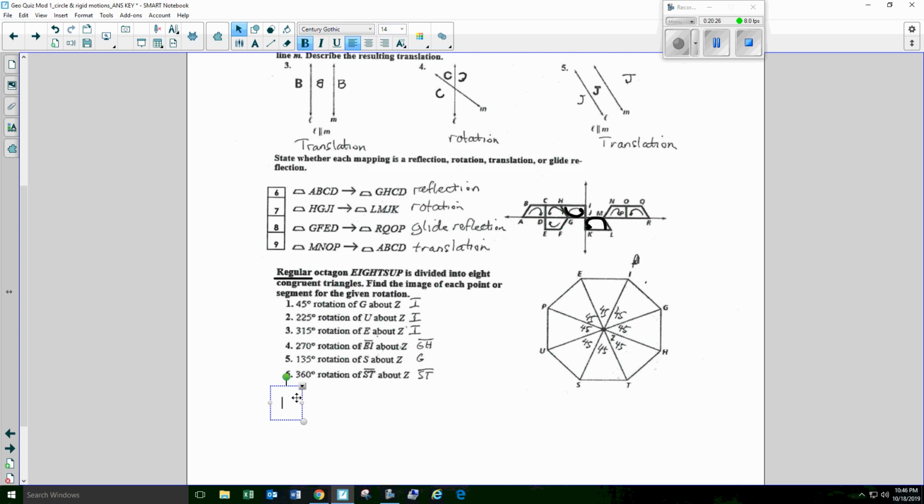So regular means same side lengths and angle measures. When we say same, you can say congruent. Same or congruent, a commonly used geometry term. That's what regular means. Now, whenever you have, and it doesn't have to be an octagon, some type of regular polygon,